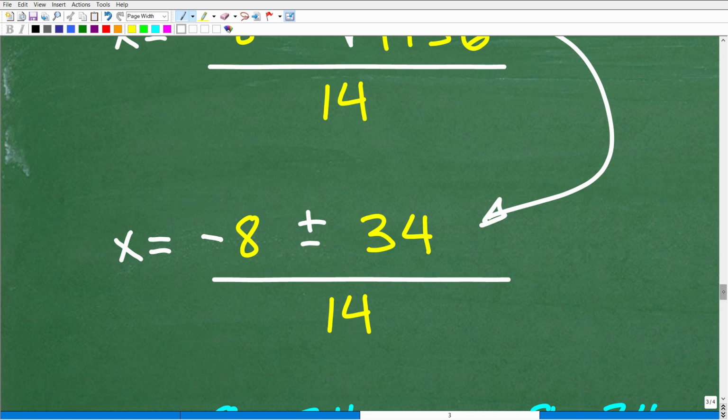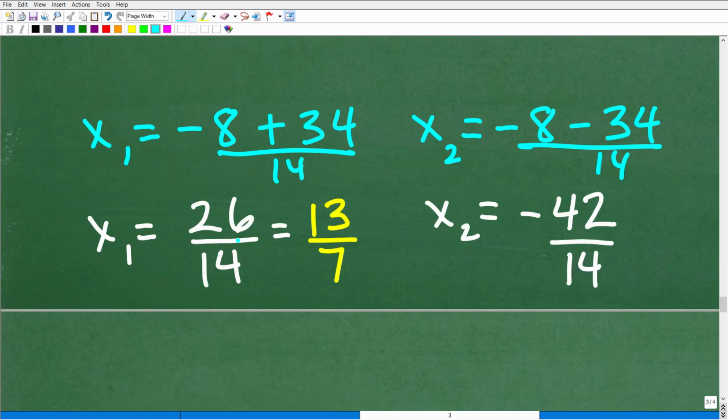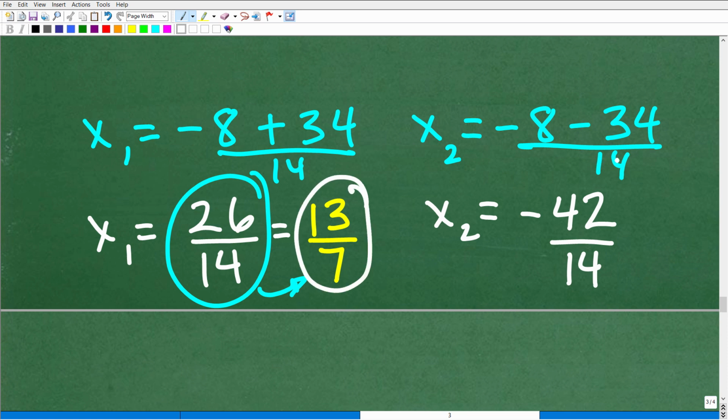Now, I said that there's two solutions in a quadratic equation. How do we get those two solutions? Well, what we're going to do is the following. So the one solution is going to be negative 8 plus 34 over 14. So that'll be one solution. The other is going to be negative 8 minus 34 over 14. So let's go ahead and clean this up. So negative 8 plus 34 over 14 gives us 26 over 14, and we can reduce that to 13 over 7, which of course is our answer. Now, when we do this work over here, we end up with this fraction, negative 42 over 14,